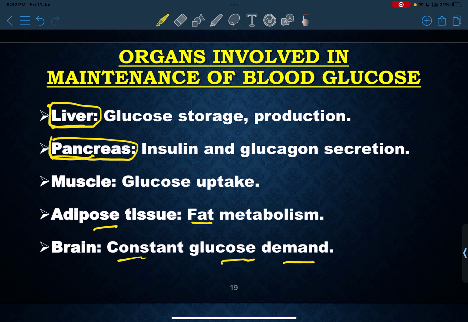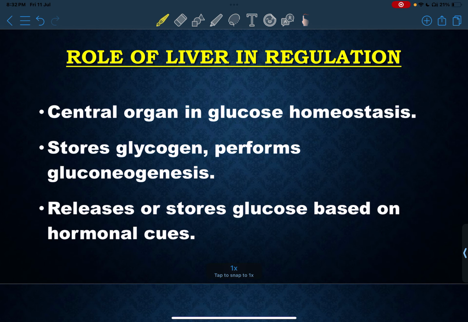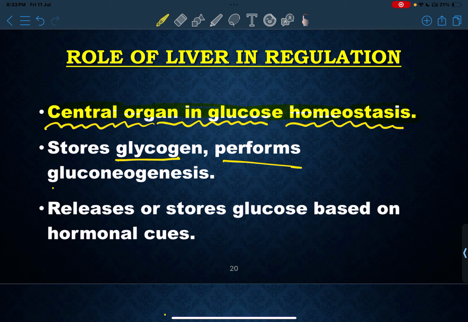Okay, so now see the role of the liver in regulation of blood glucose. Here you can see this is the central organ in glucose homeostasis. It stores glycogen, performs gluconeogenesis, and releases or stores glucose based on hormonal cues. Okay,